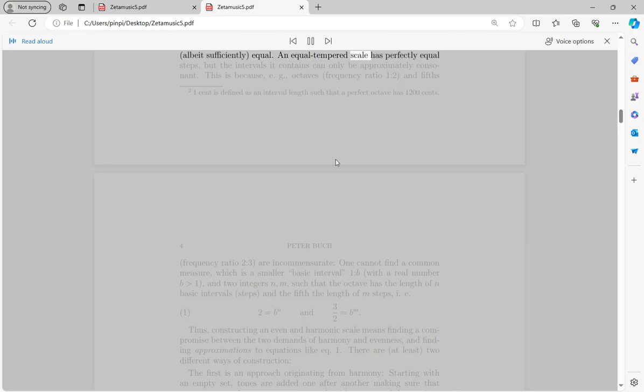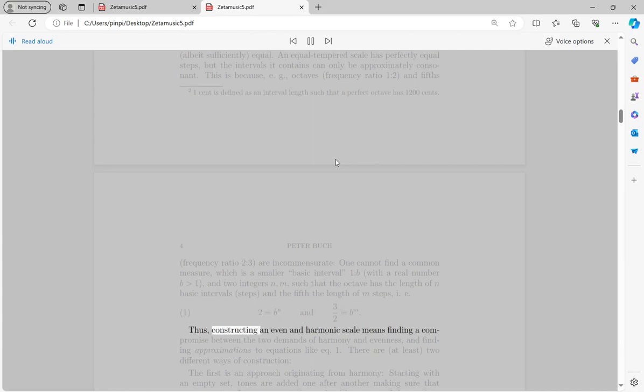An equal-tempered scale has perfectly equal steps, but the intervals it contains can only be approximately consonant. This is because, e.g., octaves, frequency ratio 1:2, and fifths, frequency ratio 2:3, are incommensurate. (A cent is defined as an interval length such that a perfect octave has 1,200 cents.) One cannot find a common measure, which is a smaller basic interval 1:b, with a real number b, such that 2 equals b^n and 3/2 equals b^m. (1)